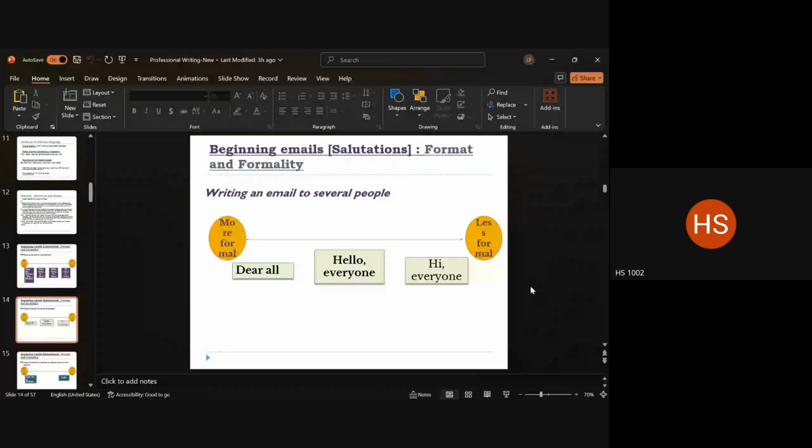So then what do I do? Because of the difference in the hierarchy, if I have people who bear more power in the system, I'll have to write their names separately. So my email will start as "Dear Professor X and Professor Y, and all of you."